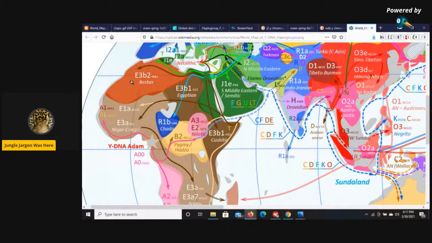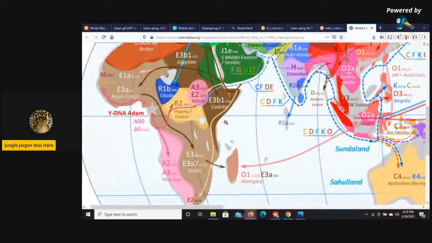Even though these are three brothers, the descendants have their own family trees, and it's the Cushites that are the Ethiopians, according to the Bible, that have dark skin,